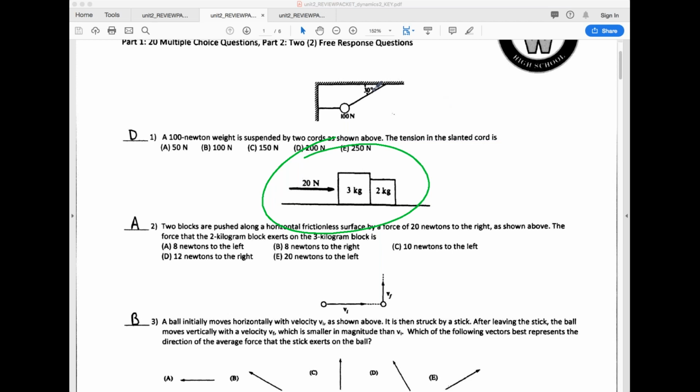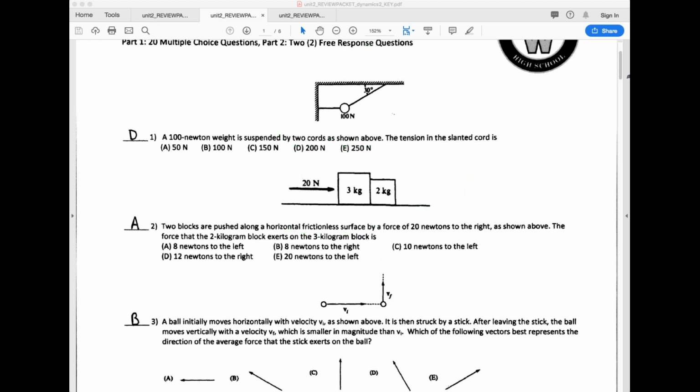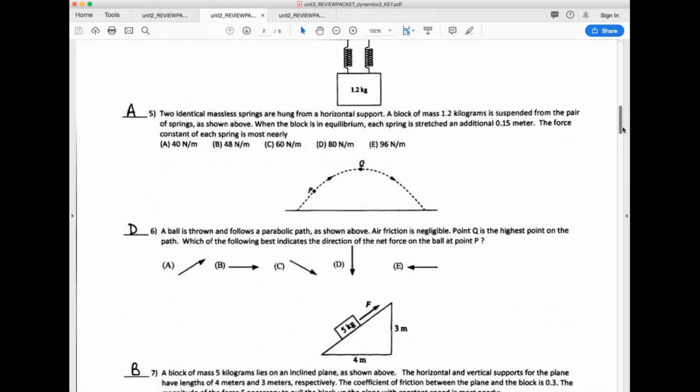There's a couple of classes of questions that you can prepare for. Here's the string tension question. Here's the kind of reciprocal force, the Newton's third law force, which is almost identical to the train car problem. If this is car A, B, and C, what's the tension in the string between B and C? There's just certain types of questions that show up enough that you should be aware and comfortable with how they work. That's an Atwood's machine problem. So as I scan through here,